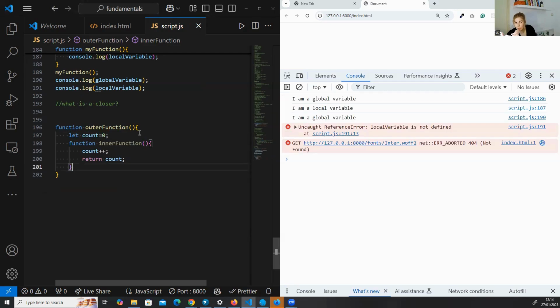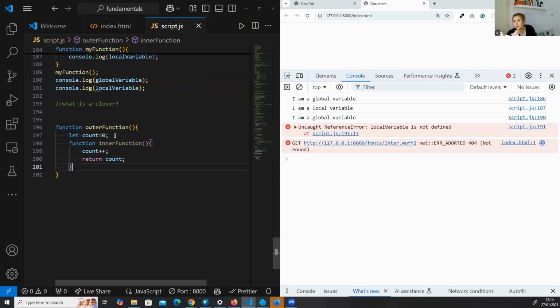So what we have done here is we created the outer function, which has its own outer function scope. And in the outer function scope, we created another function, which means that we created a child scope, and called it innerFunction. And what the inner function does is incrementing the count by 1,